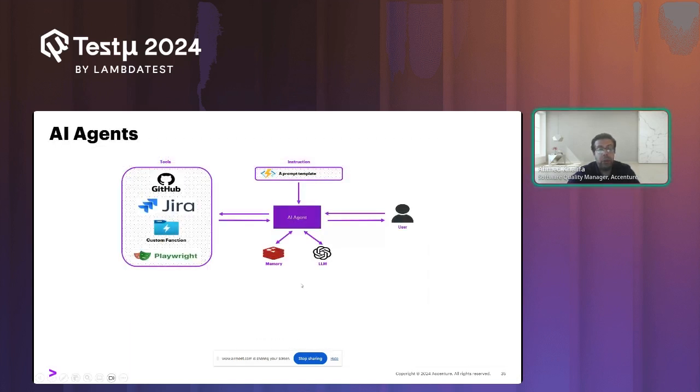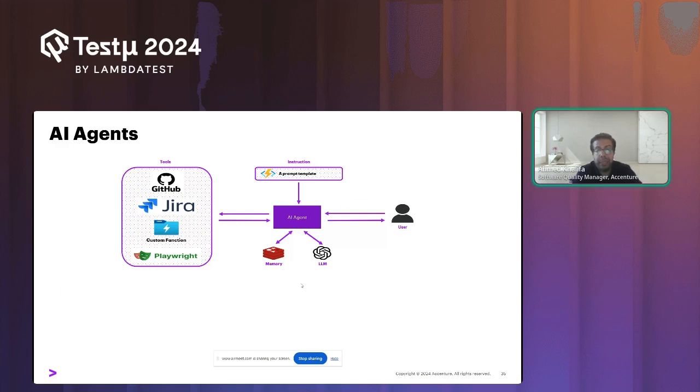Then let's go into another evolution. So we saw that we started with large language models, and then we moved to the multimodal large language model. And now we have what are called AI agents. And it is very important that we are using AI agents now. And I think for next year also, it's very important to understand and to learn. These AI agents are coming to be able to do tasks, right? So a large language model by itself is able to give you output, but it's not able to do tasks. And here, this is the benefit of an agent.